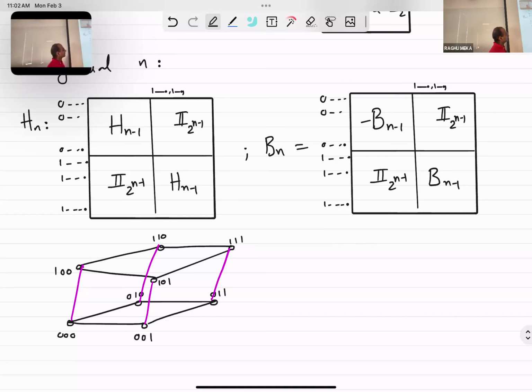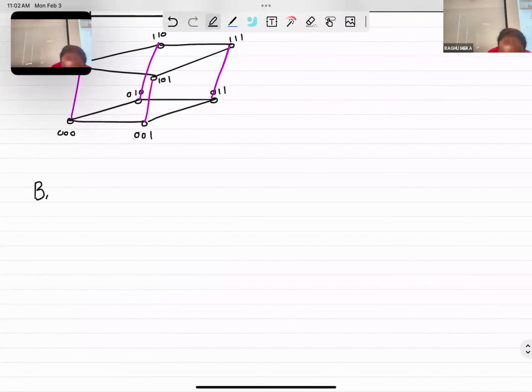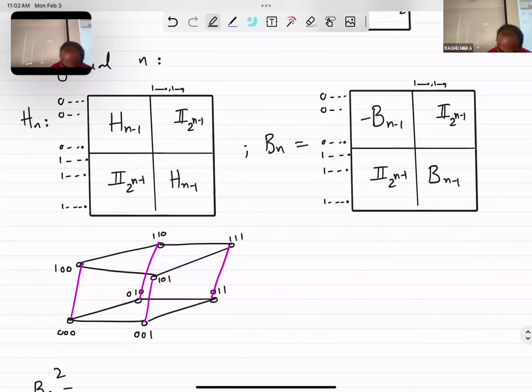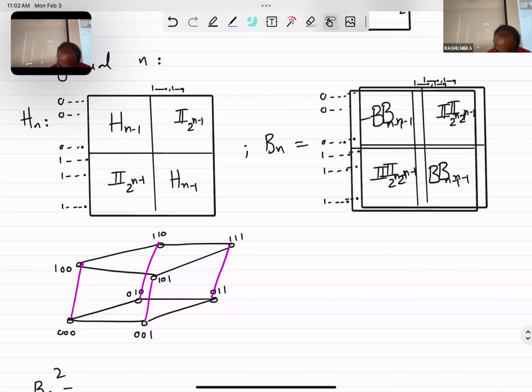This would work, and you can check that when you square it, you get exactly n times identity. So let's just do that. Bn squared is going to be